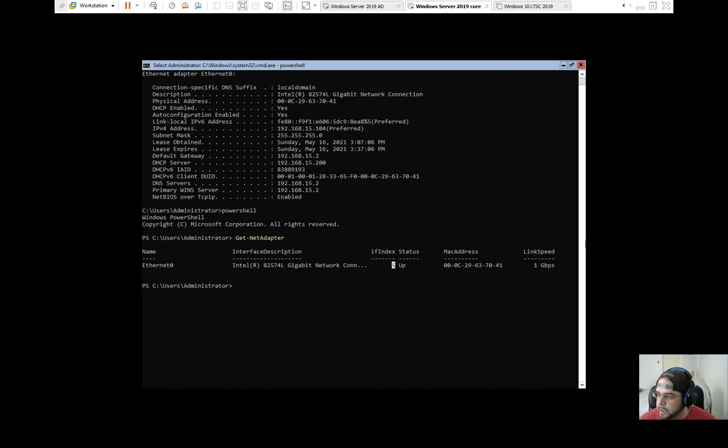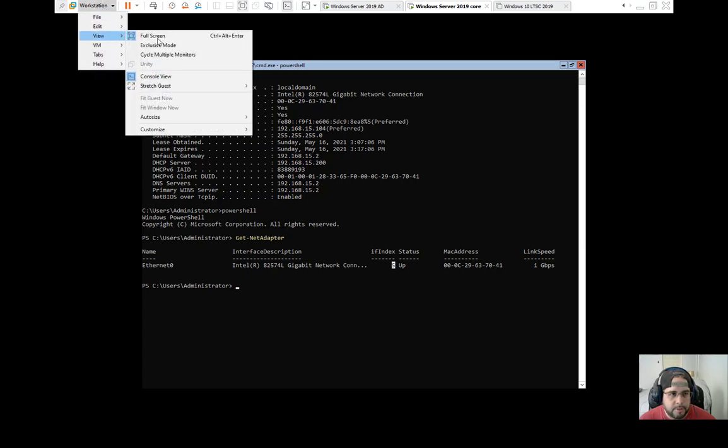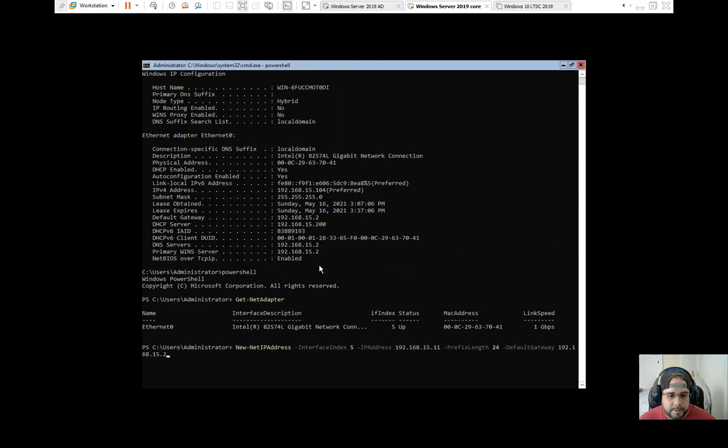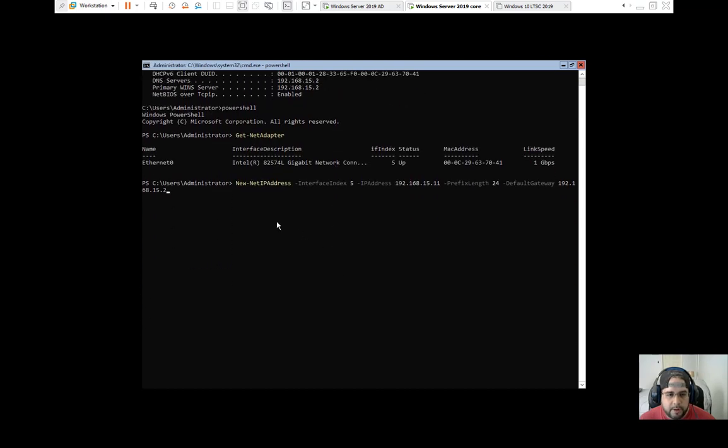What I'm going to do here is copy and paste this script into the screen. Again, everything that we do is available for you down in the description below. So when I paste, I want New-NetIPAddress. The interface index for me is 5. I want my IP address to be 192.168.15.11. My prefix is 24 and my default gateway is